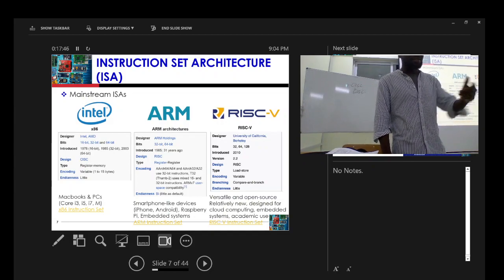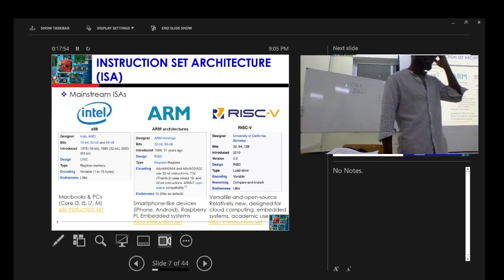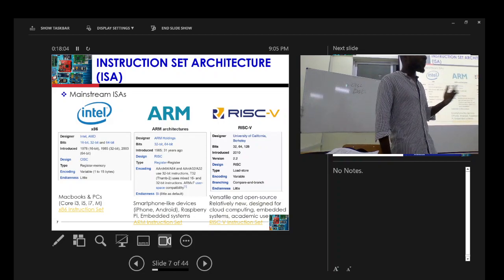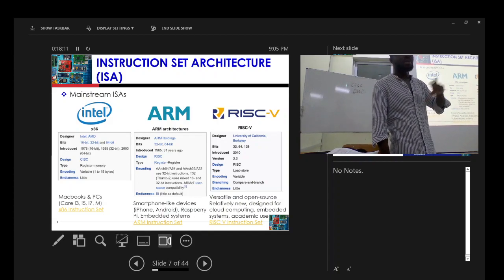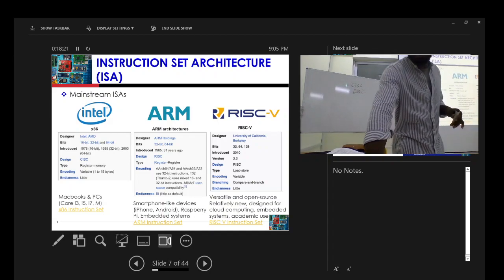Now the type, very important, the type. The Intel has what is known as the register memory type, and then the ARM and RISC-V have what is known as register. Register is the same as load store, right? So what does this mean? If I say a CPU architecture is register memory architecture, it means that it can operate on